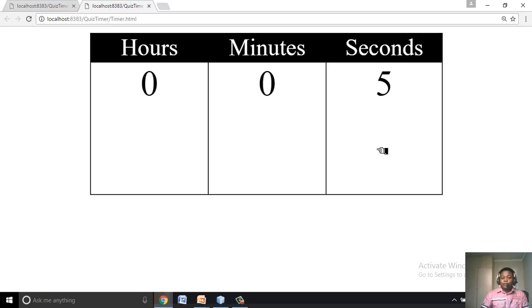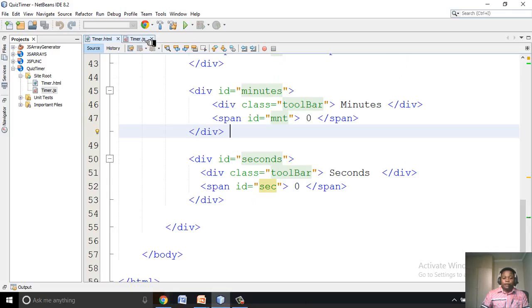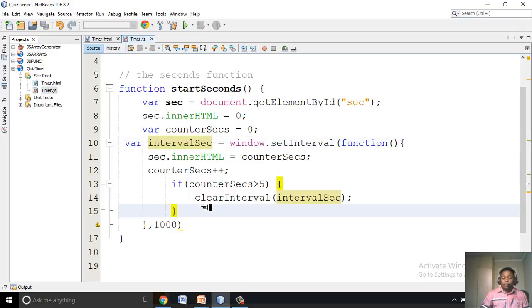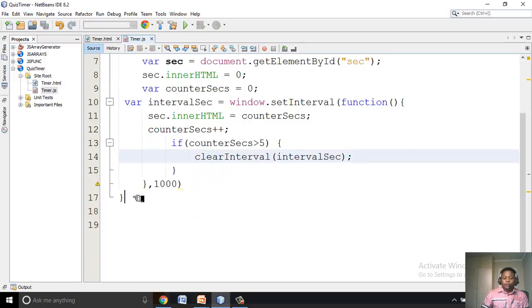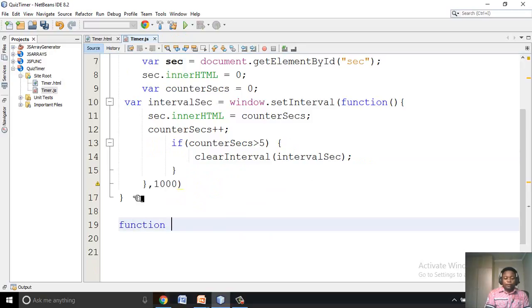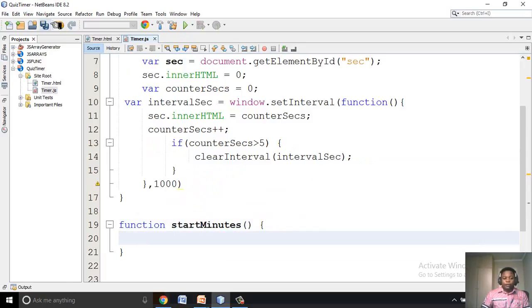And the next step is, of course, to increment here. Every time we have 5 here, we add 1 here. And of course, when 1 is here, we need to reset this back to 0 so that it starts counting again. Alright, so now what we are going to do is simply call another function that will be startMinute. So that is what we're going to start creating now. So we'll go down here and we simply say function startMinute. It's not going to accept any argument as well, so it's going to be a function without any parameters defined,